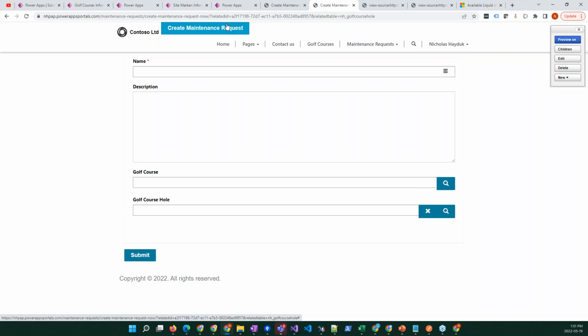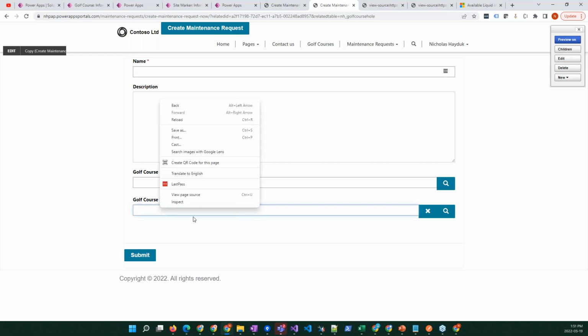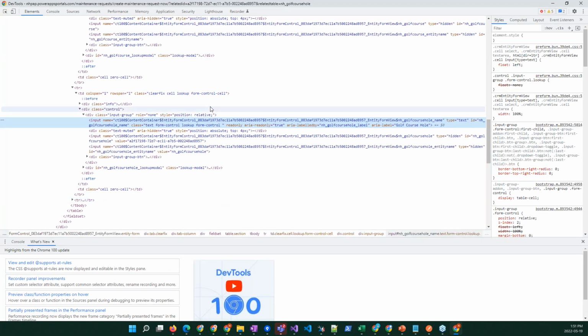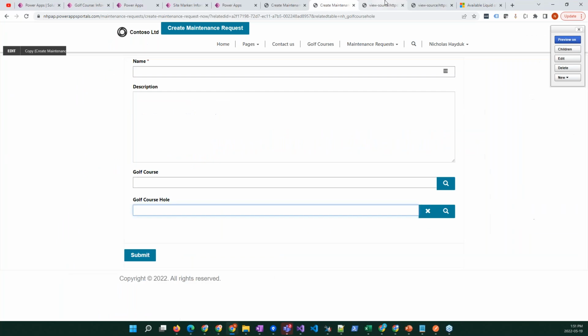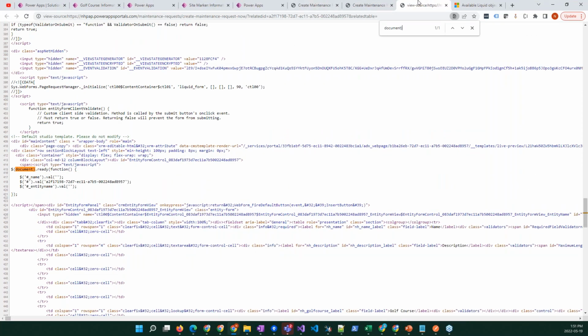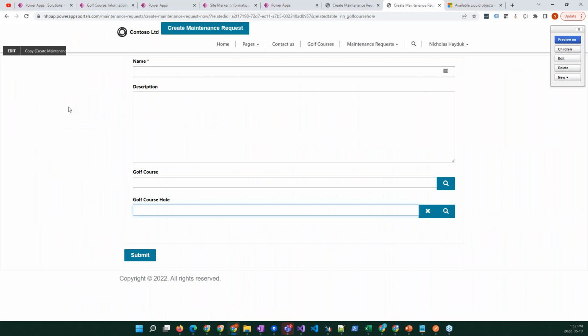Oh yeah, there it goes. Must have just been a caching thing. So now we've got our related table golf course hole. And let me just inspect this one. Golf course hole entity name. So now if I view source on this one,